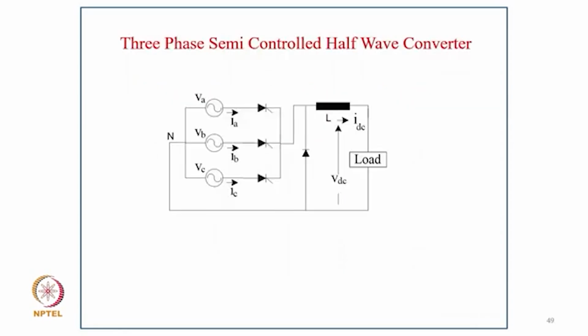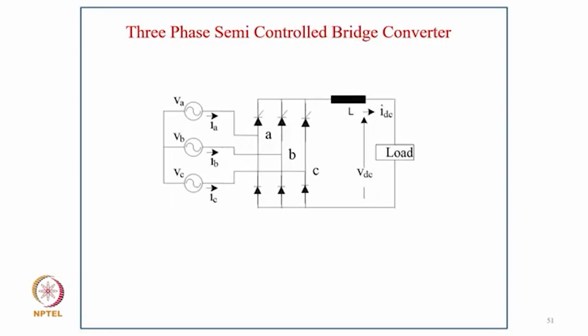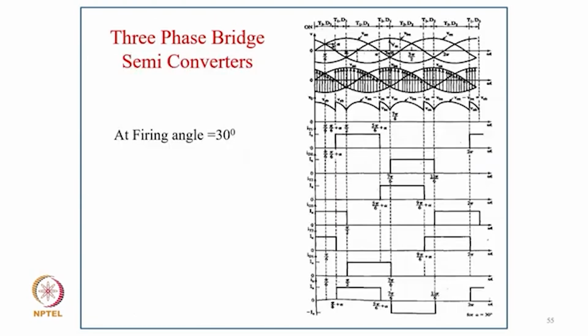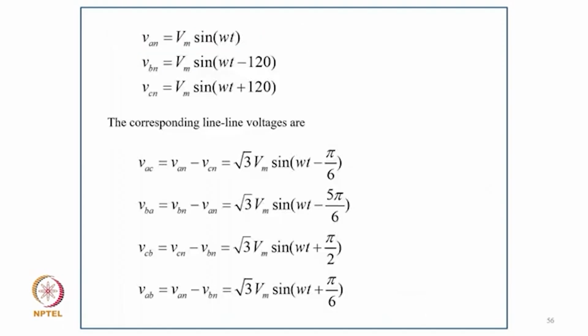Now coming to the 3-phase semi-controlled converter. So coming to your 3-phase semi-controlled converter, you can take either 3 diodes or a diode connected in parallel, so that really takes the entire current, and you can clearly see the output waveform and the supply current waveform. And then typically at fire angle 30 and different fire angles.